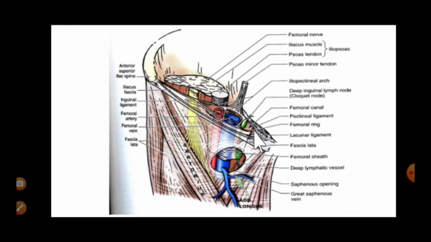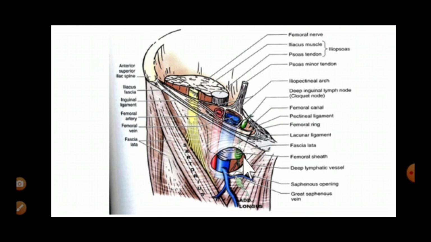So in conditions where there is increased intra-abdominal pressure, the contents of the abdomen will weigh down on this inguinal ligament and will increase the space between the hip bone and the inguinal ligament. So it will widen the opening of this femoral ring. Inguinal ligament, as we know, is forming the anterior boundary of this femoral ring. So this site acts as a potential site of weakness. So through this site, the contents of the abdomen can escape out into this femoral canal, and that is called